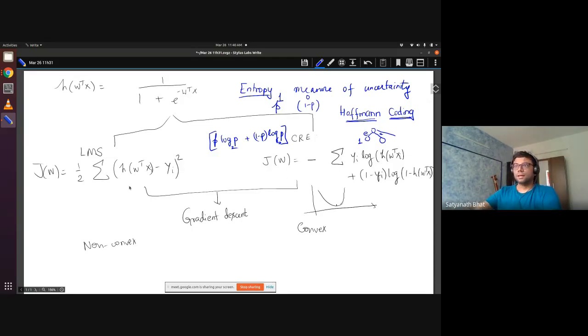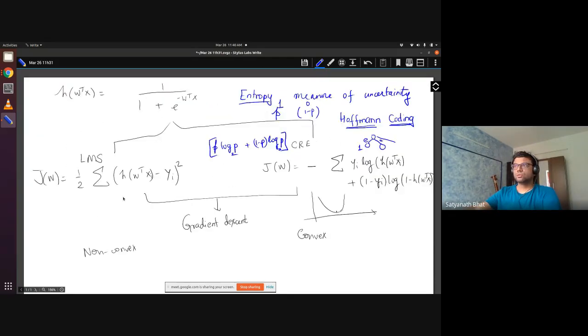Fine. Any other questions here? Is it okay if I leave it for you to take the gradient and do the gradient descent on each of these and compare them? Let's just leave it for you. Is that all right? I hope everyone can manage this. Are there any questions?